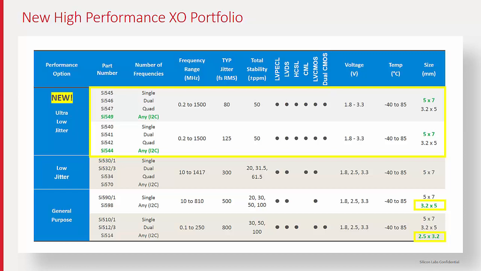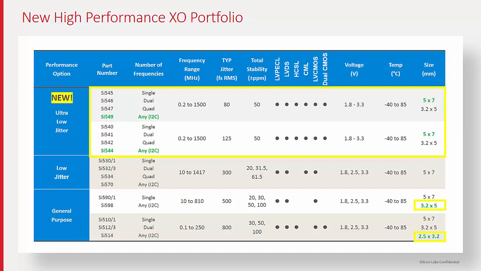These parts also have, again, single, dual, quad, and I2C programmability, so the same kinds of feature sets that our older legacy devices have. And we have customers who need all of those variants. And then the new additions that we just launched for our older parts are our 51X and our 59X parts. Basically, what we did is we added 2 package sizes smaller for this. And I also forgot, on the 54X family, we also have one larger package size, a 5x7. And so again, having a ton of new package sizes, in addition to expanding the portfolio up in performance and these new package sizes on some of our older parts,